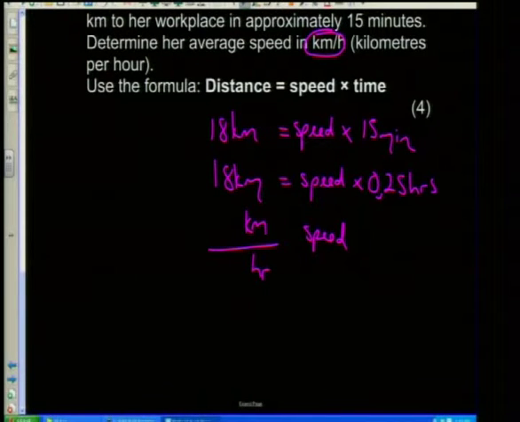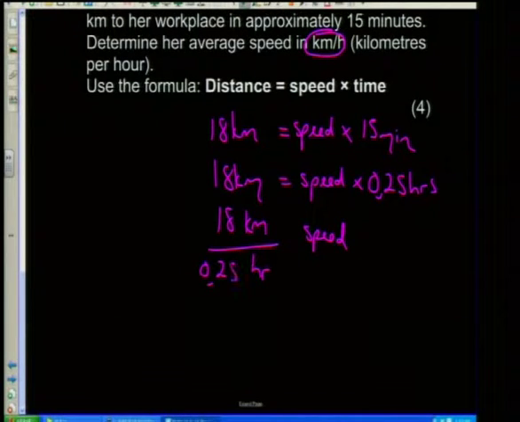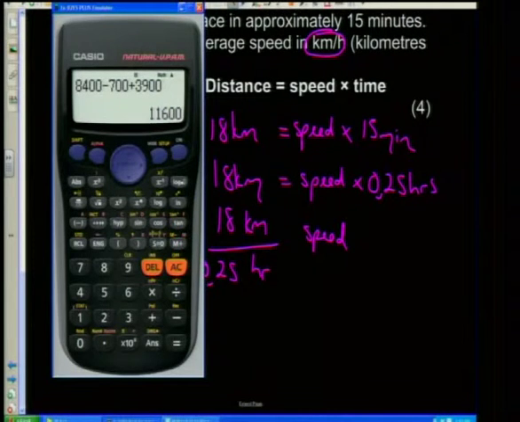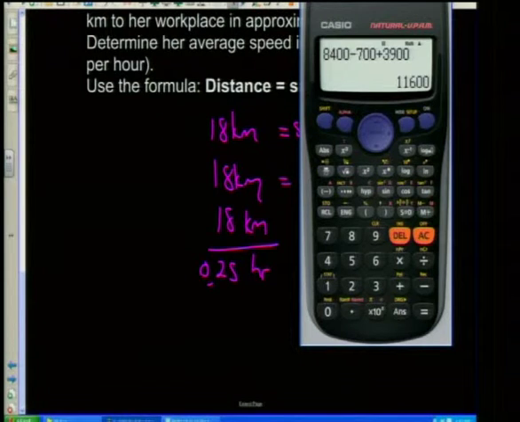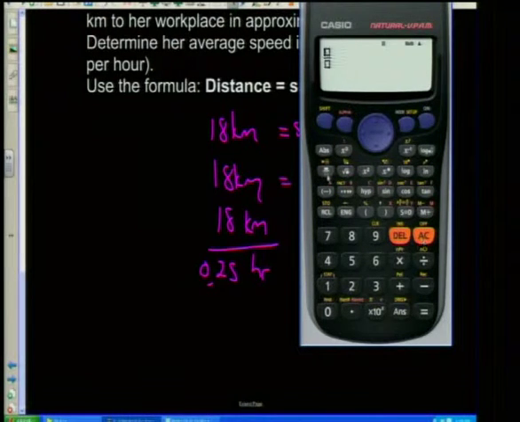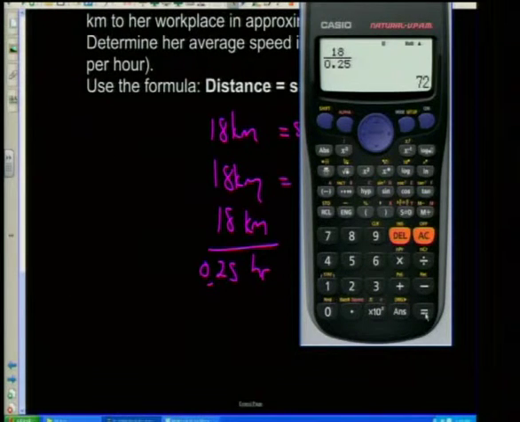We've got 18 kilometers and we are going to divide it by 0.25 hours. Let's do that with our calculator. 18 divided by 0.25 equals